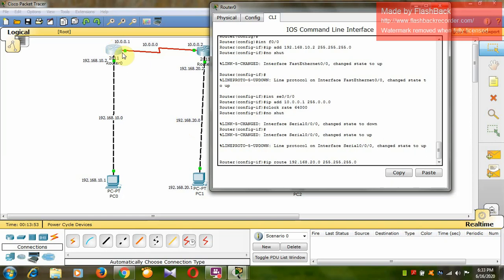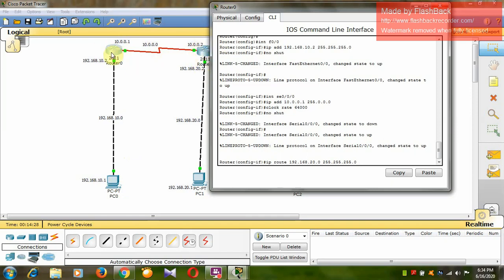Now see here, when I am in router 0, my next hop address will be the address of this interface, that is 10.0.0.2. Why? Because for my packets from PC0 to go to other networks, the next hop is nothing but the address of the next router.